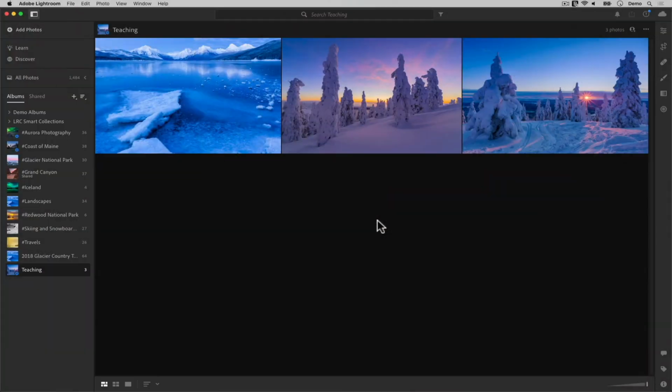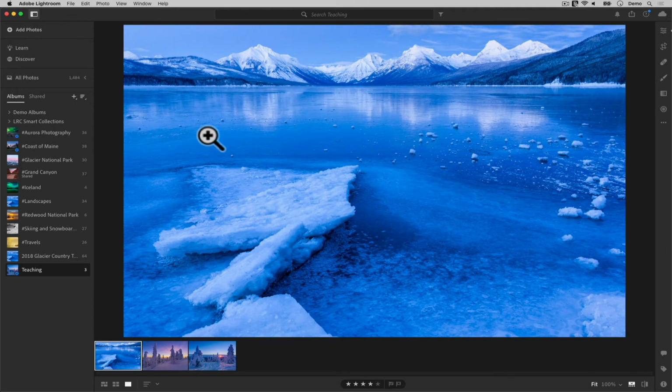On the screen right now are some images that I've already perfected here inside of Lightroom. Let's say that I'm pleased with the way this photo looks, and now I want to send a copy of this file over to a client for them to review via email. Well, to do that, I need to export a copy. So I'm going to go File, Export.